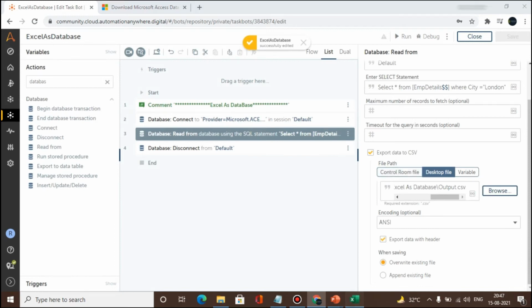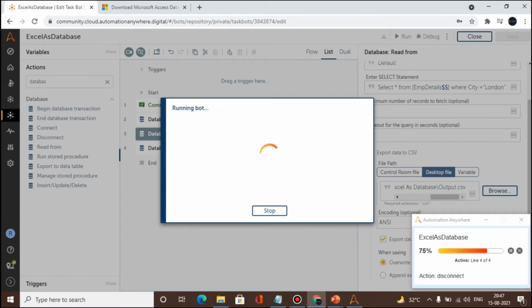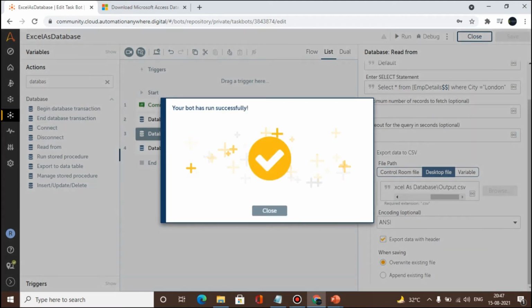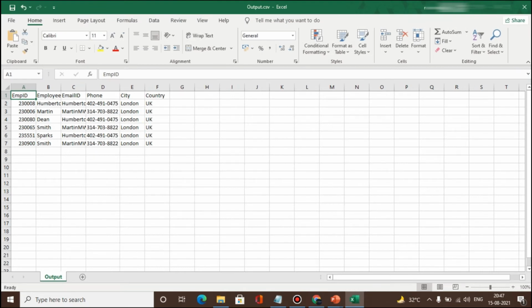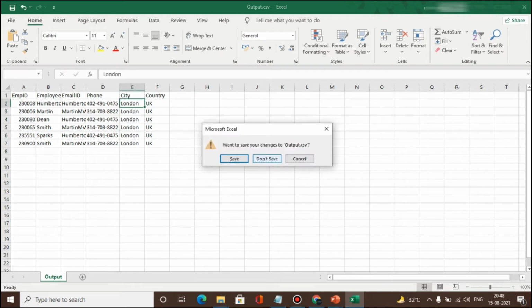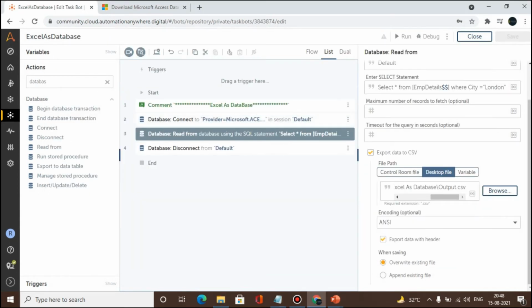Now I'm just closing this Excel and running this command. Okay, so it ran fine. Now you can see here the output file got created. You can see the output file is giving the data only from the where condition which we have given. I'm just removing this. Now let's see what else we can do with the select query.